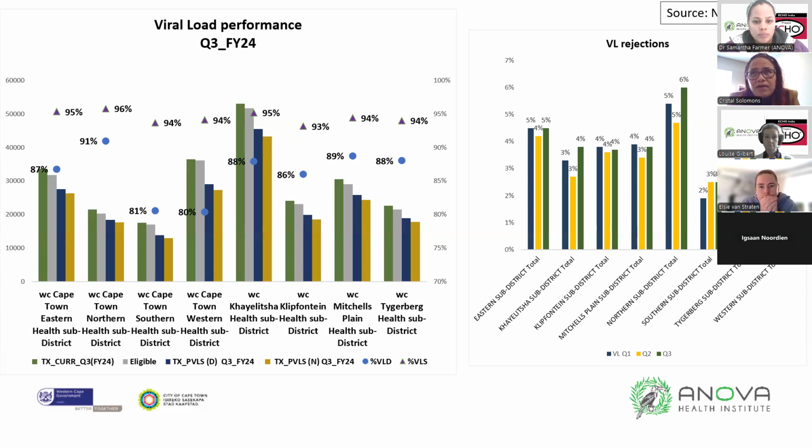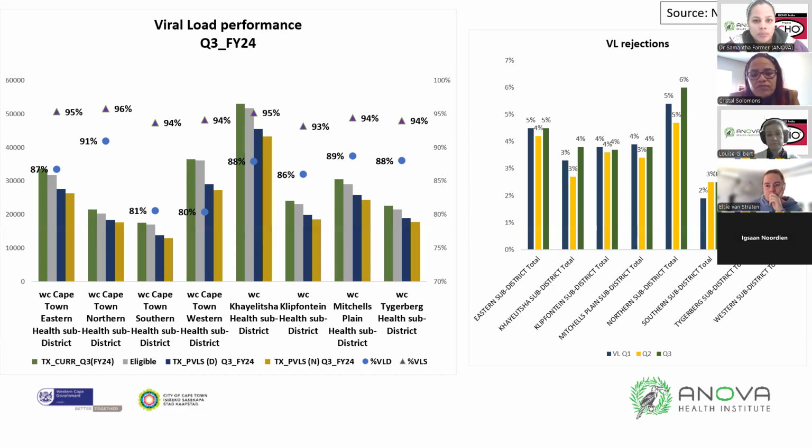But then the question was, do viral load rejections actually impact the viral load coverage? Is our viral load coverage low because of rejections? And you can see on your right-hand side, there's also a sub-district breakdown where we looked at our viral load rejection rate. And like I said, we need to keep it less than 3%. I think it's only one sub-district that is doing quite well, at less than 3%. And then all the other sub-districts are above our